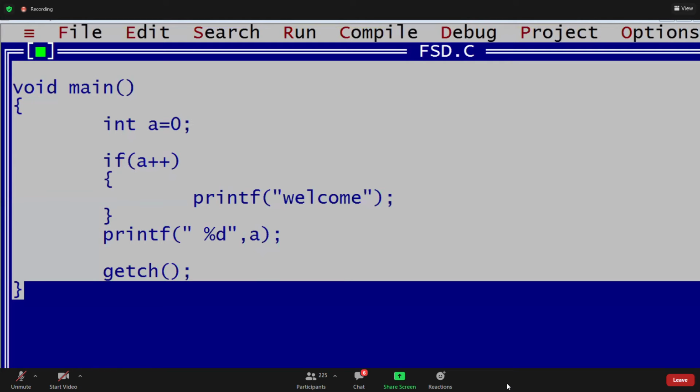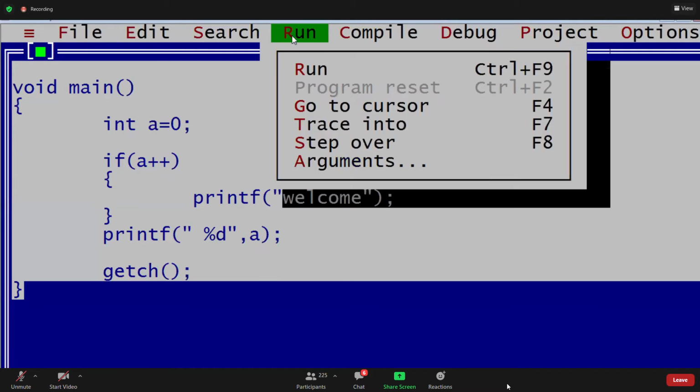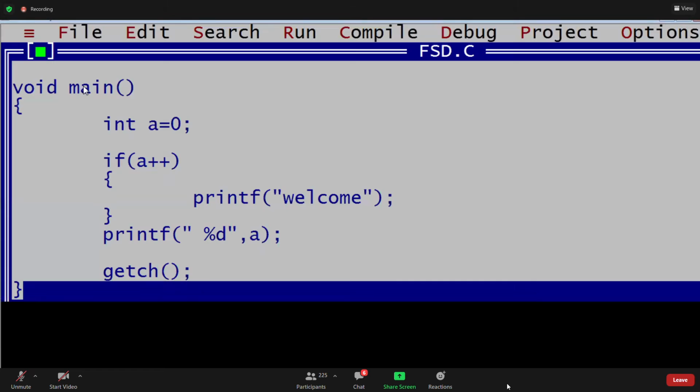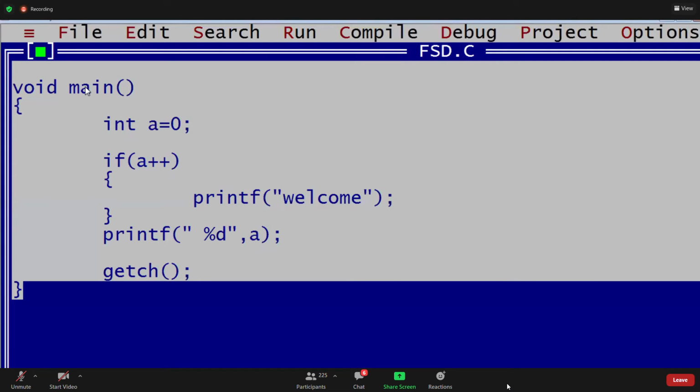Yeah, in this case, 1 is the answer. Now next example. a value is 3. a left shift 2. Let's write this, tell me the output.